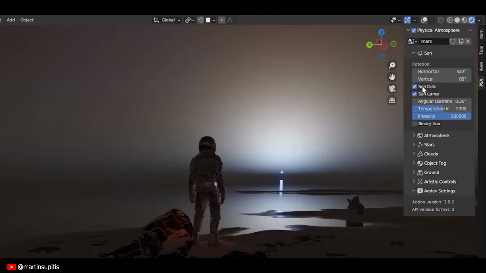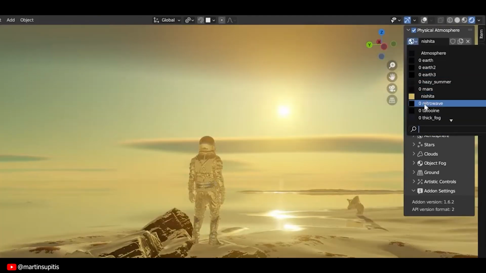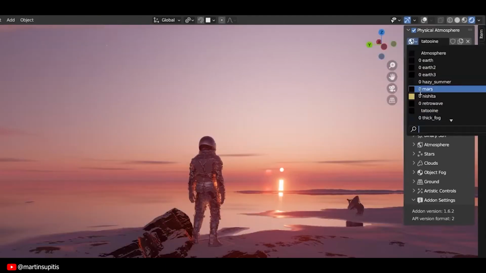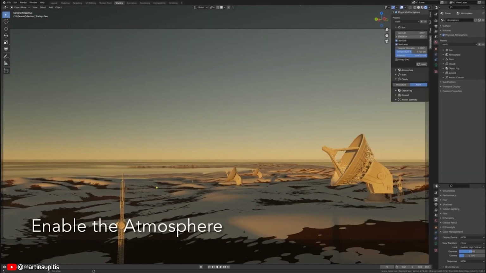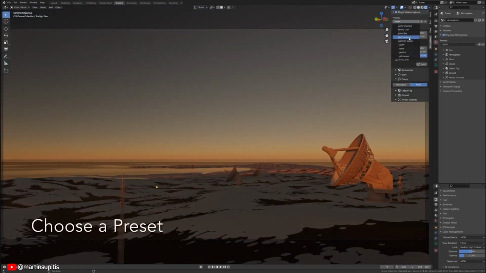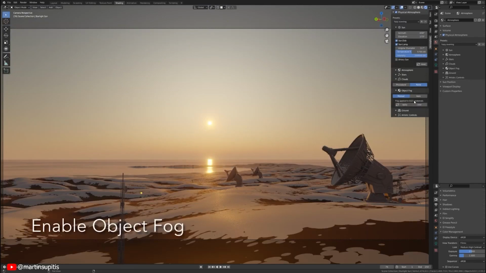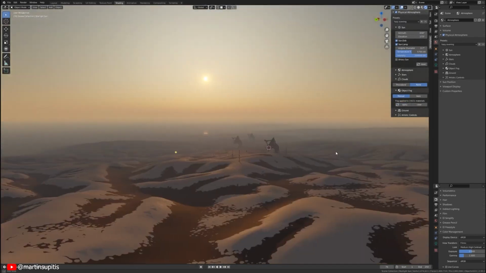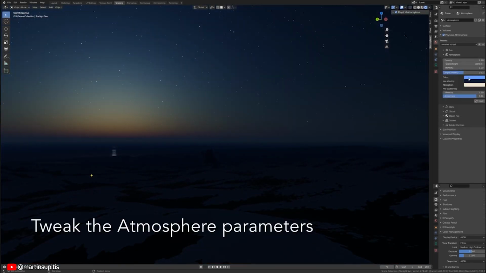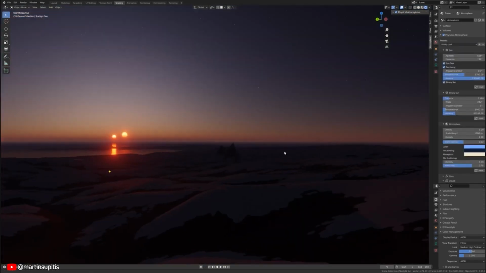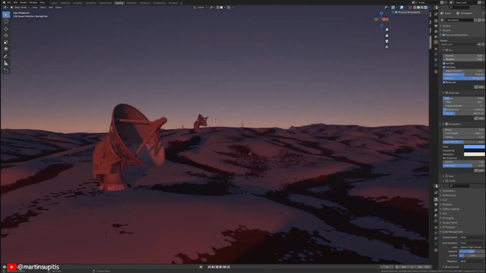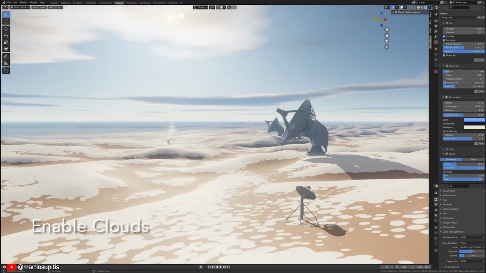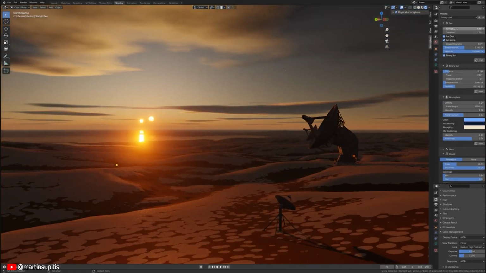This versatile add-on offers you sky presets to save time and effort, providing you with a list of ready-to-use settings that can instantly transform your scene and serve as a starting point for further customization. Moreover, it boasts a wide array of customization options, including animation features for every aspect. With the use of keyframes, you can effortlessly animate each element, breathing life into your scenes and creating a dynamic